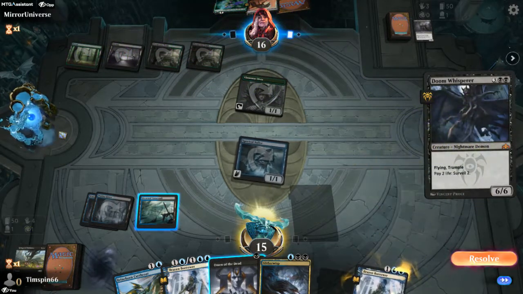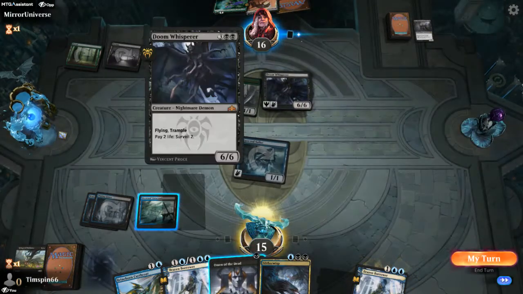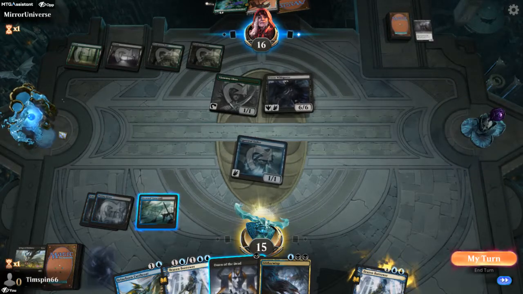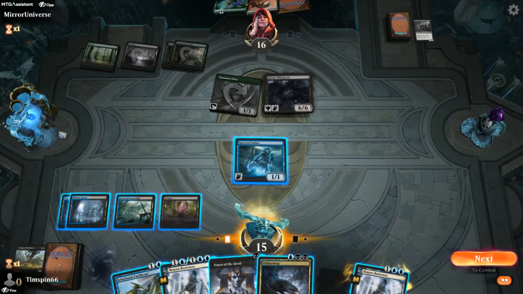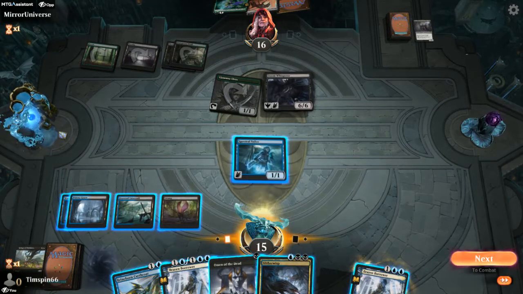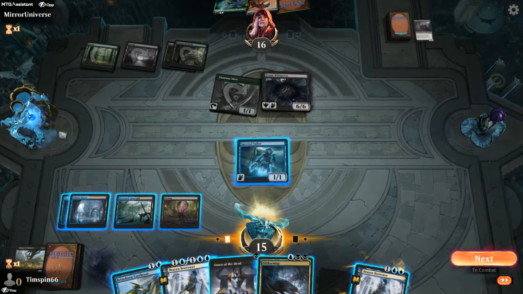Oh my goodness, that's awful. We do have another Brazen in hand. That is just vicious. Okay, great. I did get land, so I can do Cutthroat. So we'll be able to bounce Doom Whisperer and throw Brineborn on there, so...